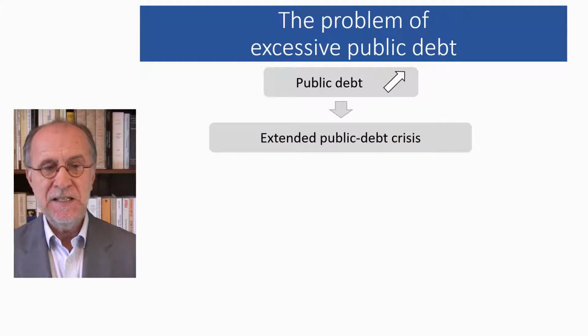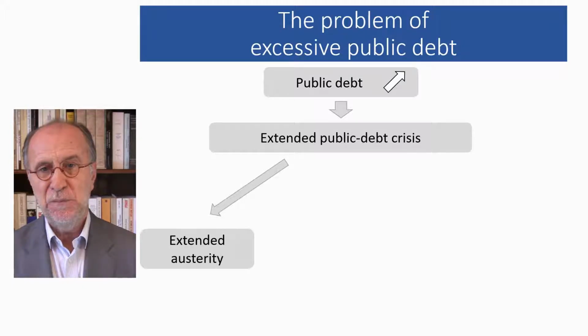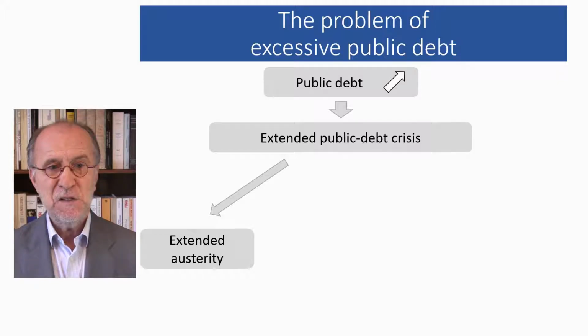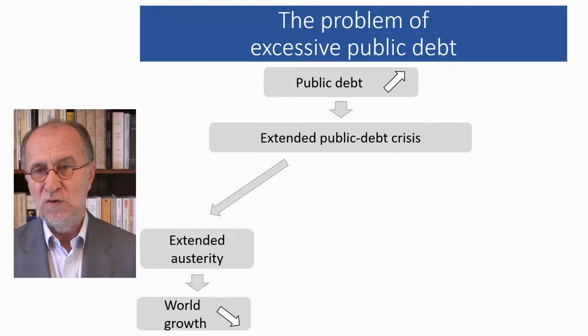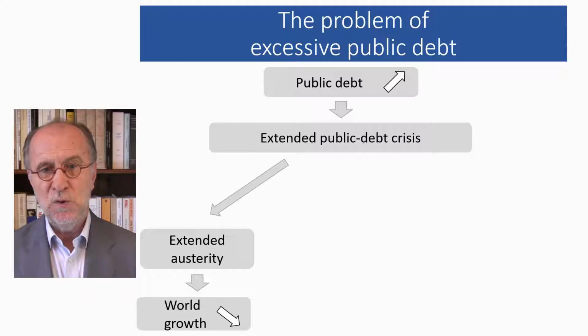Nevertheless, in this case, tight fiscal policy would not be the best solution to excessive public debt. A tight fiscal policy only works if a country's growth is lower than that of its partner countries. If several large countries all adopt this kind of policy simultaneously, it will harm growth in their partner countries. It is in nobody's interest for world growth to slow down, and such a slowdown would do nothing to bring excessive public debt under control.